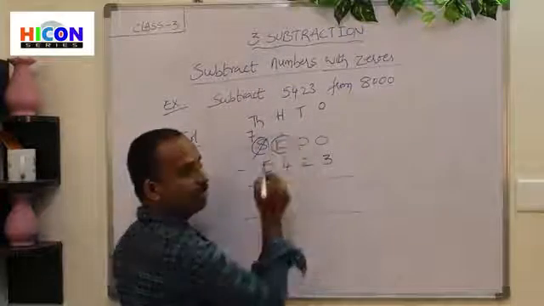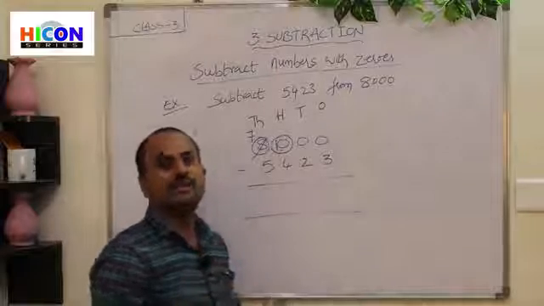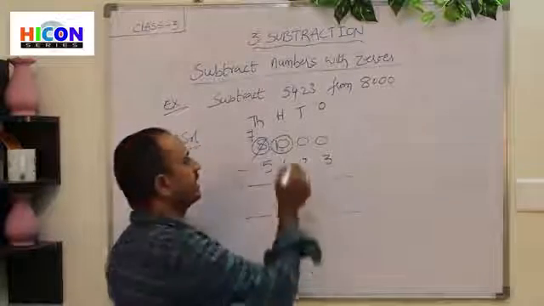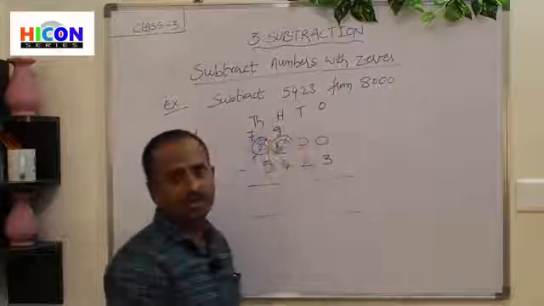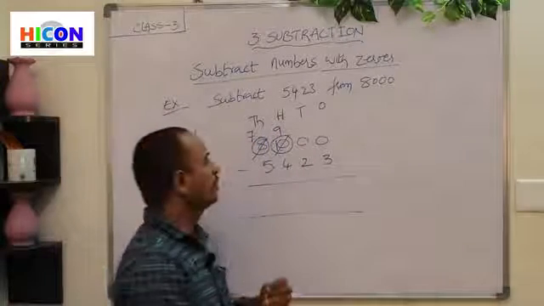So now borrow 100 from the 10 hundreds. Then how many hundreds will be there? There will be 9 hundreds. So write 9 here. So children, in the same way, now